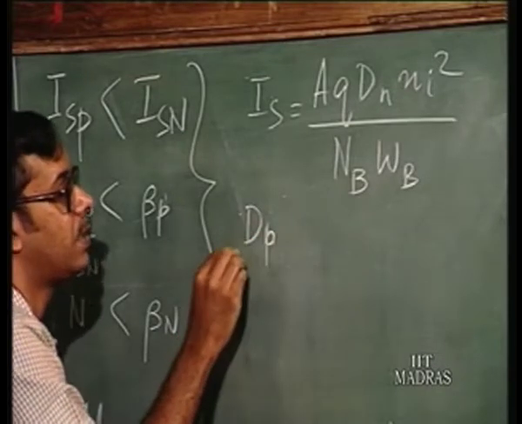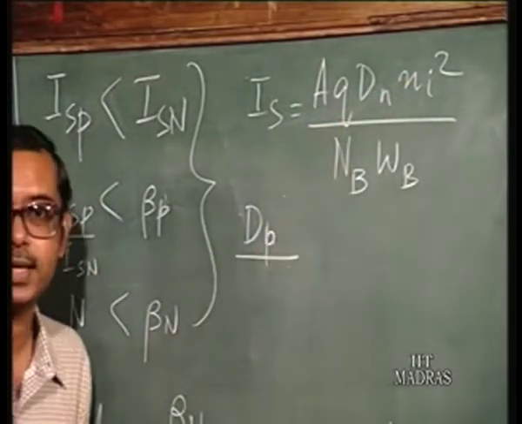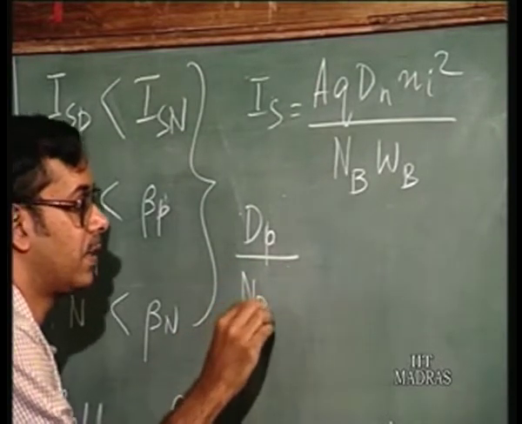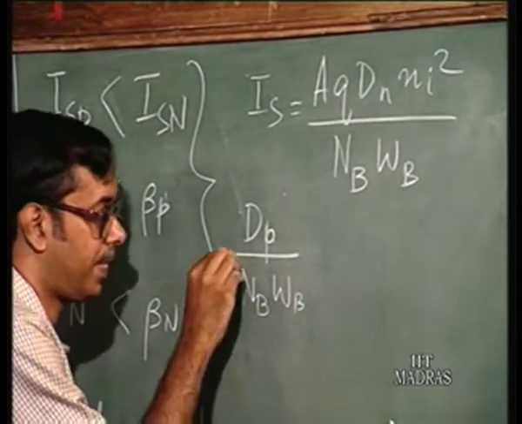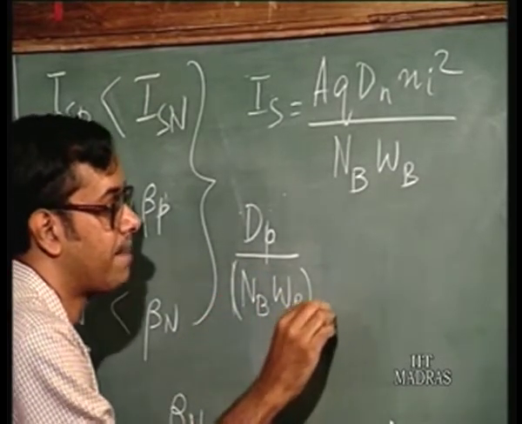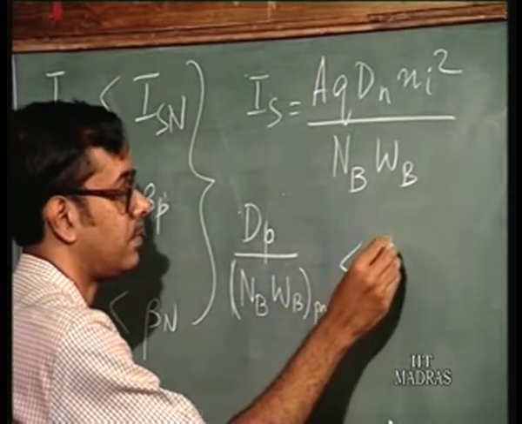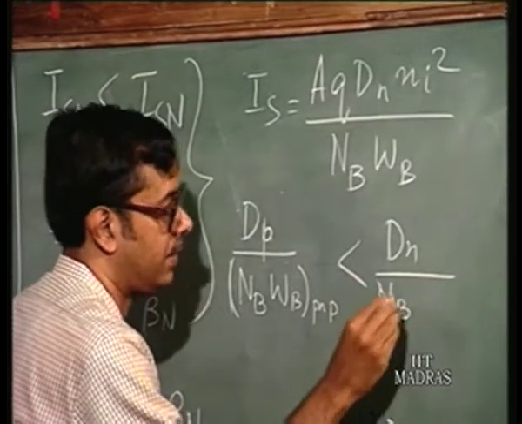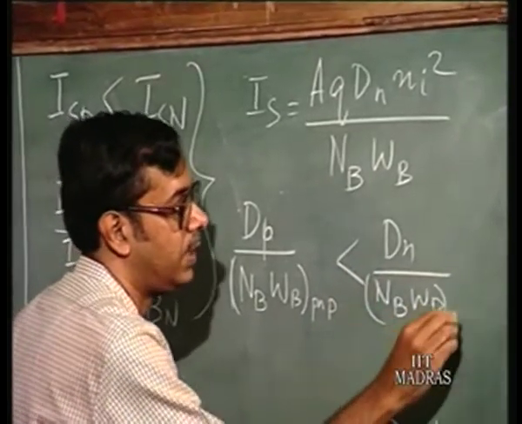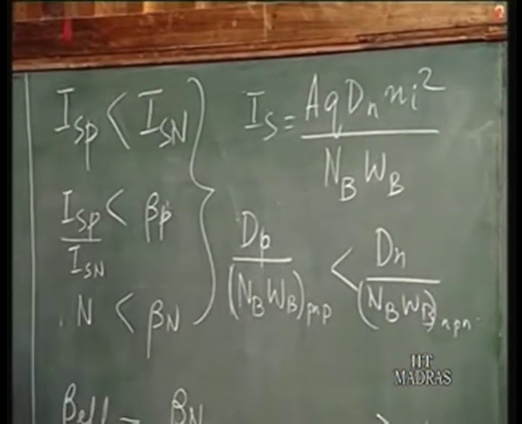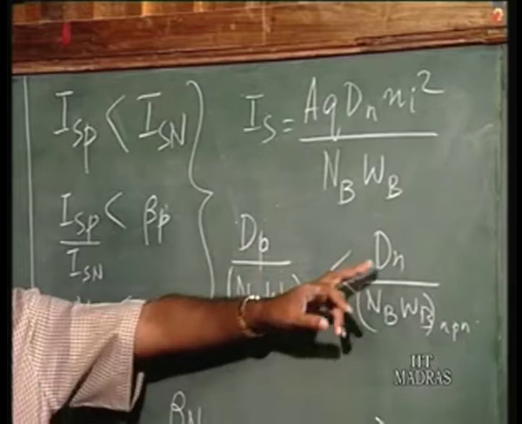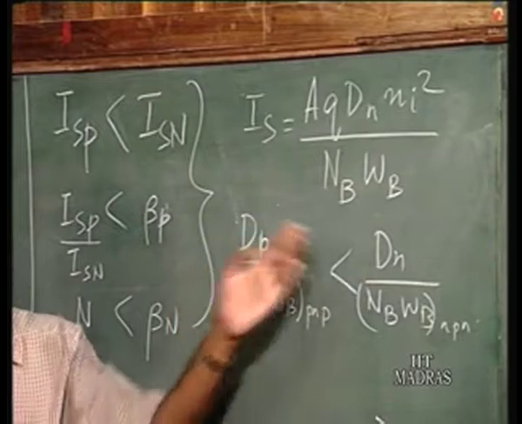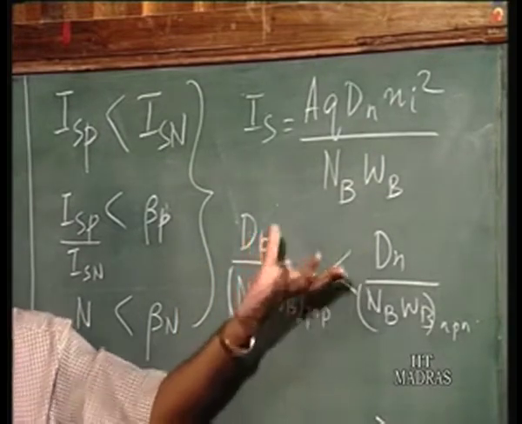ISP, so dP by, see, AQ Ni squared, they are constants. Okay. dP by NB WB of the PNP must be less than dN times NB WB of the NPN. Okay. Now, dP and dN, of course, dP is less than dN. Okay, that is, the diffusion coefficient of holes is less than that of electrons because of the mobility difference,